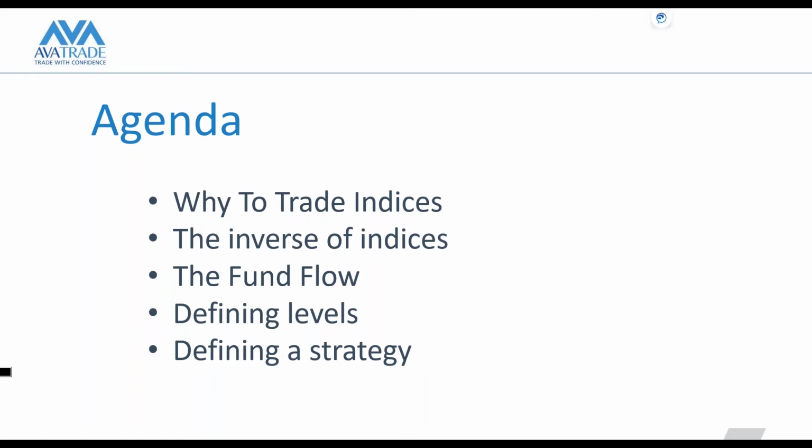But there are also inverses of these indices, meaning when the S&P 500 index goes up, you have another index which actually moves in the opposite direction, and of course vice versa. So sometimes investors like to take positions in inverse markets as well, and they do exist for the S&P 500, the Dow Jones, the Russell, and the Nasdaq. That is a very sophisticated way of trading, which is not part of this curriculum, at least given the audience strength right now.